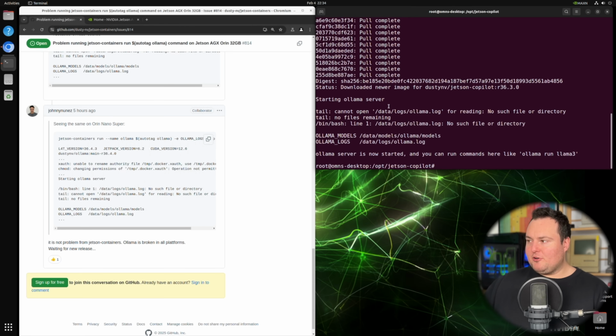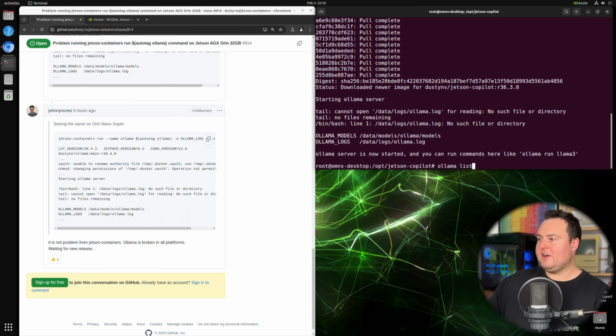As an impatient person, I did a little digging and I do believe I found a band-aid fix around this. The big issue with that is I tried a few different things and I don't necessarily remember the one thing that actually fixed it. So we are essentially going to together retrace those steps and try to see what ends up fixing this for us. So we do see the error is basically here, and I think what it boils down to is that Ollama is a bit confused as to where some of its directories are located, or the logic is not quite working. So if I were to type ollama list,